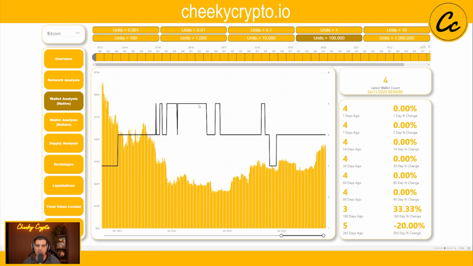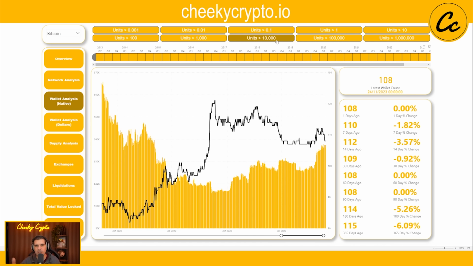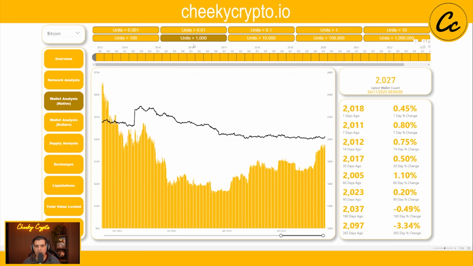What's really interesting about this is we haven't really changed too much. You can see that they're pushing up, they're pulling down, and they're hovering around a little bit. But what's really interesting to me is that these large institutional level investors, your MicroStrategies, through to your billionaires and your larger investors at 10,000 Bitcoin or more, all the way through to just your regular whale at 1,000, there's not really a lot of activity. There's not a lot of reason to say these guys are the ones pushing the price action higher. If anything, they're still not backing the price action just yet.